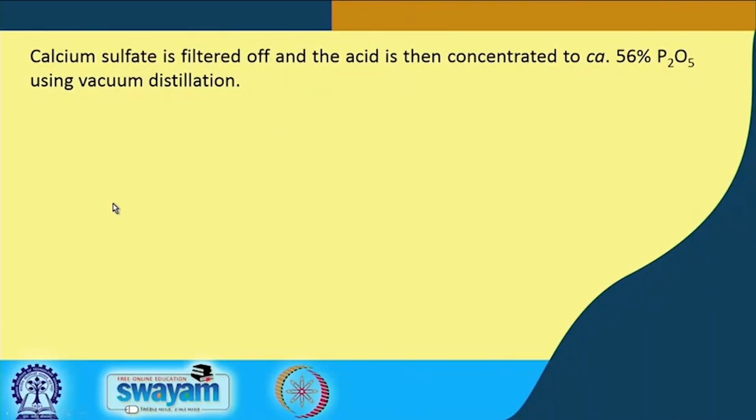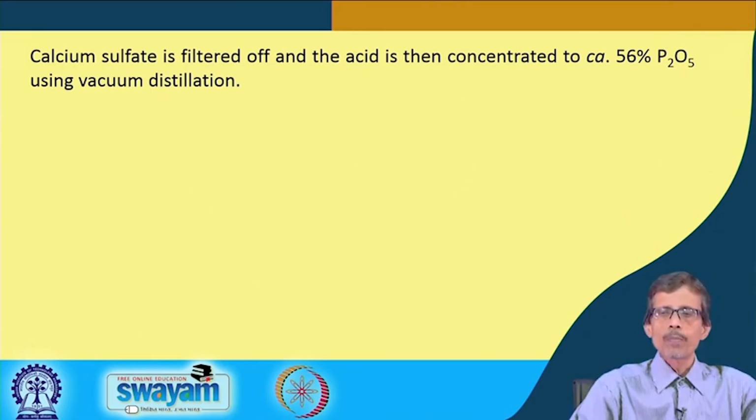So, welcome back, where we are talking about the production of calcium sulfate along with the production of your phosphoric acid. So, calcium sulfate we are getting from that particular reactor where we are handling the ore. So, it can be filtered off. So, calcium sulfate is separated out and the acid is then concentrated to about 56% of the actual P2O5, what